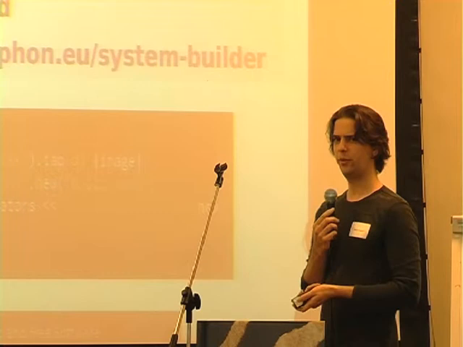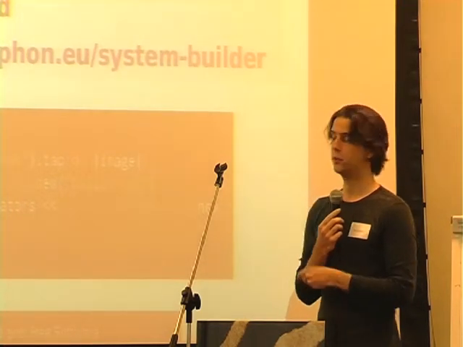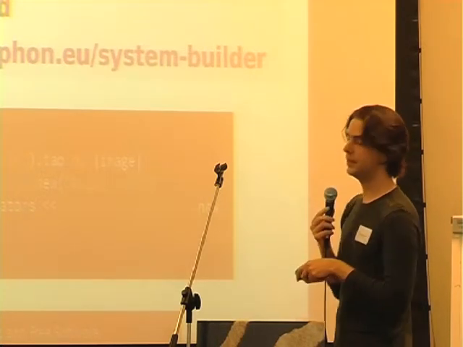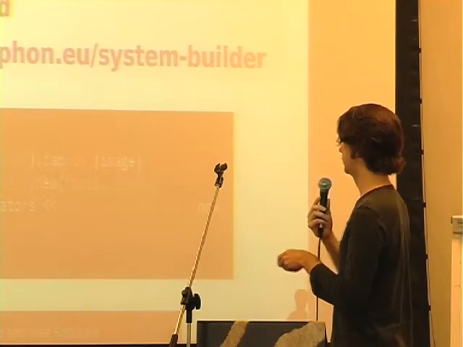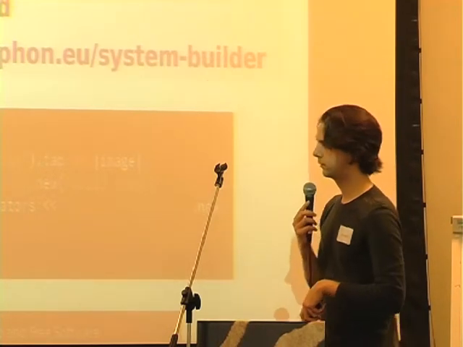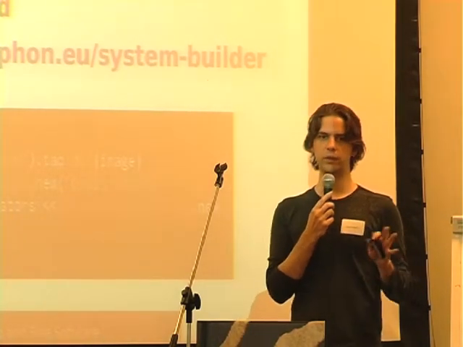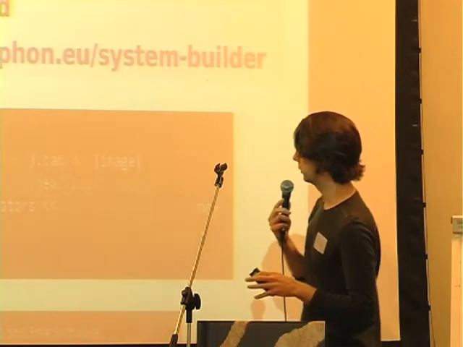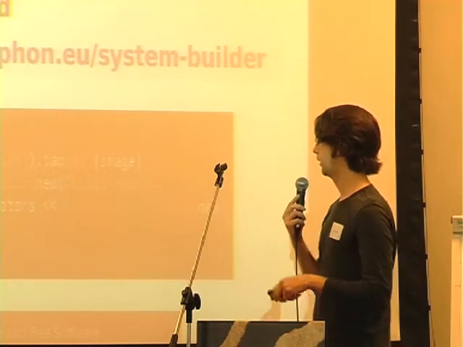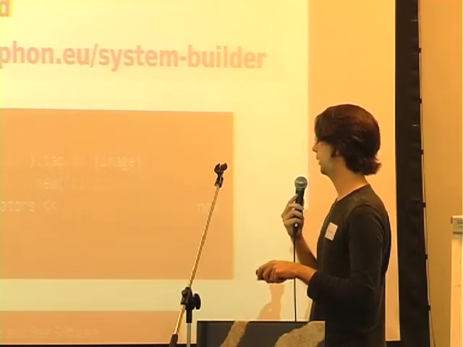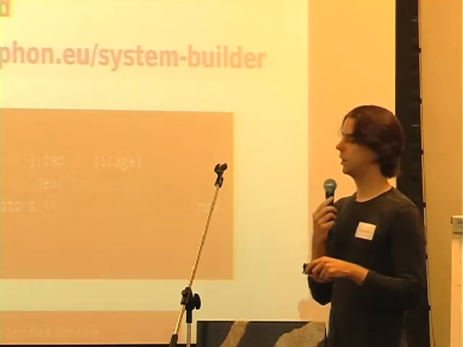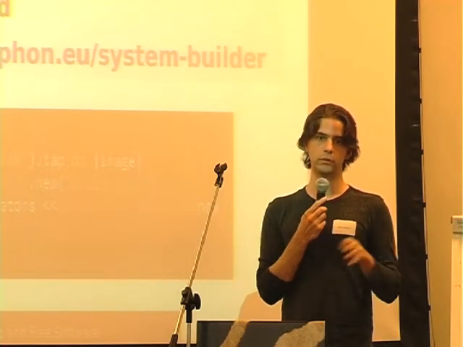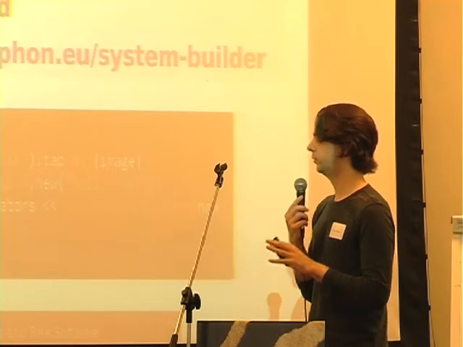This is a piece of code, but I don't think you can see it. No, it's a beautiful piece of code. It's a Rake code. In 6 lines, we define what you want: a disk image and not an ISO image. You want to use a Debian boot, and you want to use the Puppet configurator. With that, you can start a rake, and you have something like a bootable system.